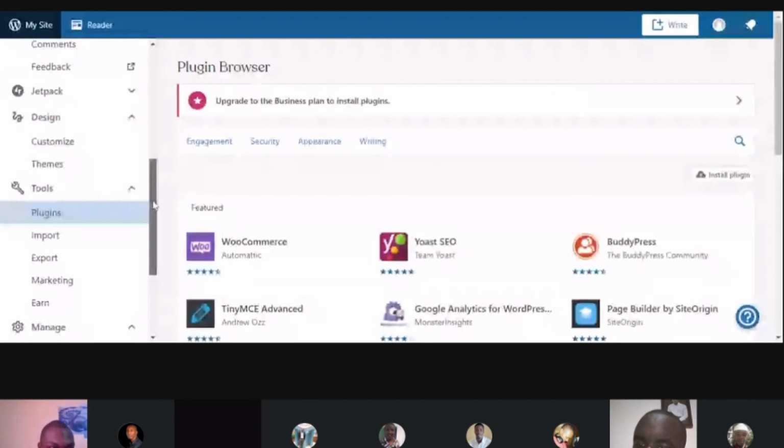Okay, now I've logged into my cPanel. When you host your website, you'll have something called a cPanel. This way you manage all the details for